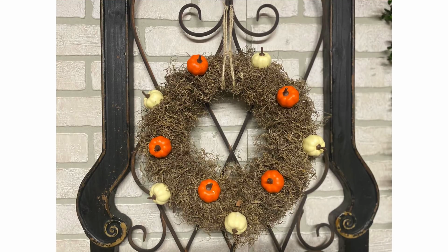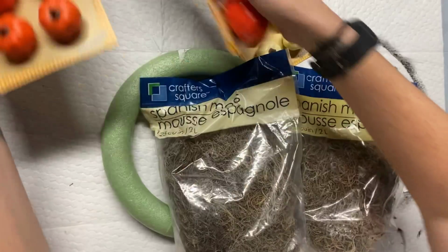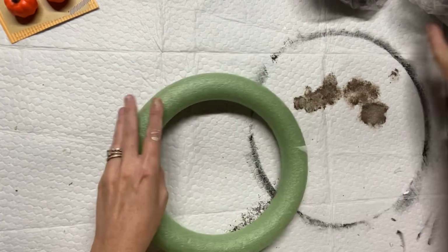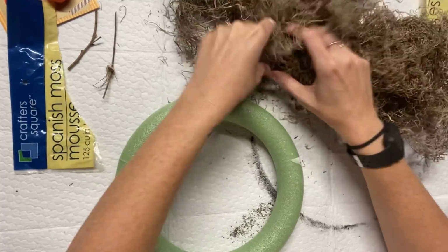Nobody. All right, DIY number 2. Look at how just rustic and simple. Ugh. So using Spanish moss, thank you Mama Mickey for sending me this. And we are going to use the smaller foam round from Dollar Tree. Now you guys, I tried putting this moss on here